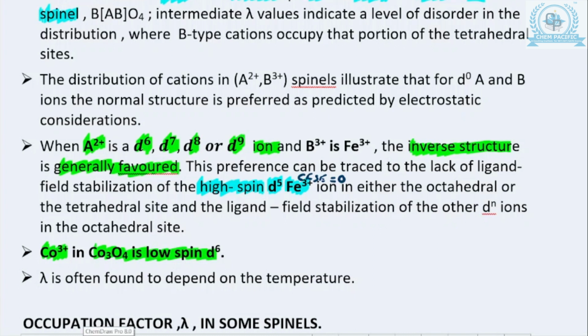Because अगर वो लो स्पिन स्टेट में रहते हैं तो it will attain the electronic configuration of t2g6, and we know that t2g is considered to be the bonding molecular orbital, and that is why, if the bonding molecular orbital is completely filled, it will acquire extra stability, because we know that stability or the bond order is the number of electrons in the bonding minus anti-bonding divided by 2. So if it attains electronic configuration of t2g6, it will attain extra stability due to this electronic configuration. So it mostly tends to remain in the low spin state in octahedral